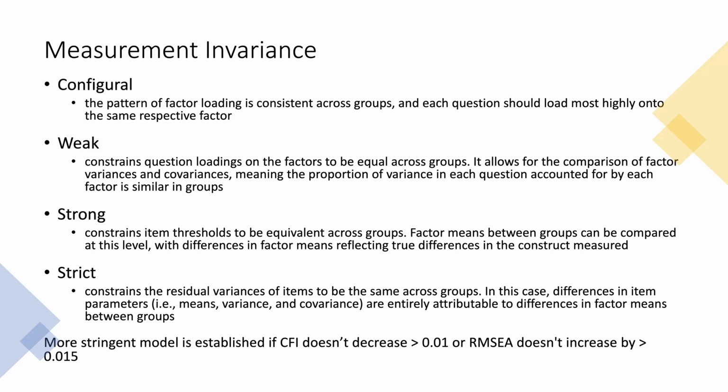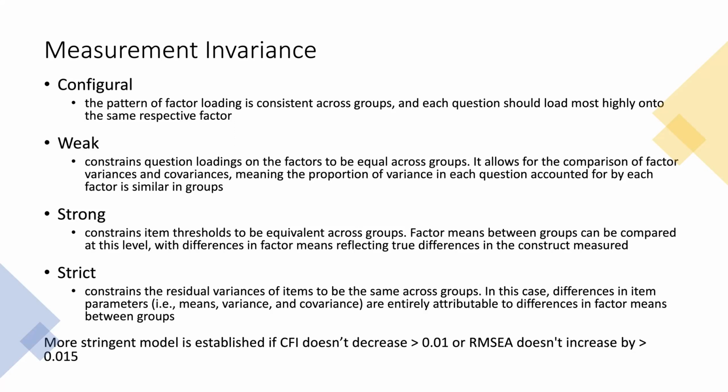So for my questions, they are categorical. That's why I use thresholds. But if your questions are continuous, then you can use the intercept. So we constrain that to be equal. And at this time, if we establish that, then the factor means between the